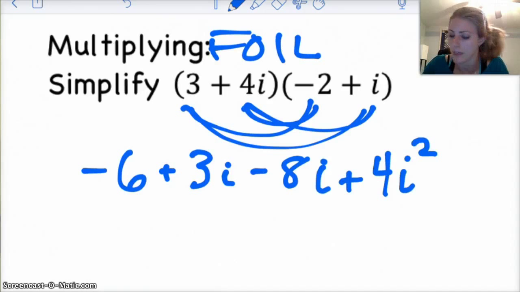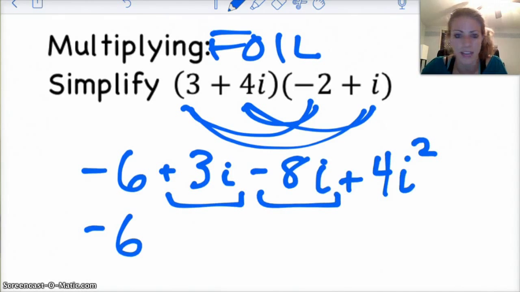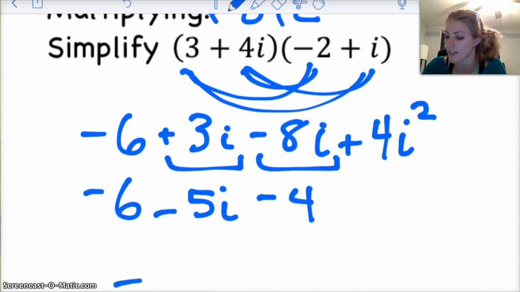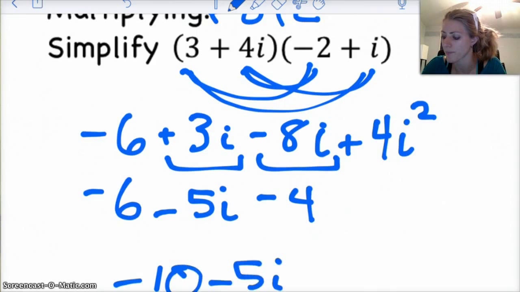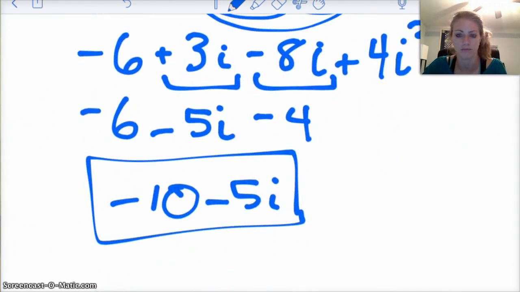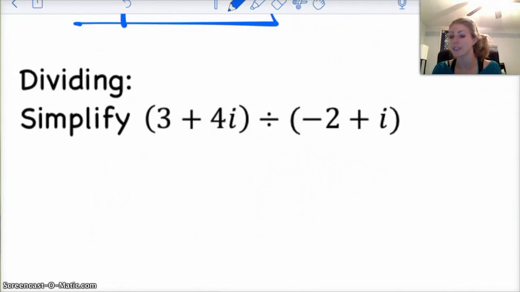So simplify that a bit. I've got negative 6, this 3i, and the minus 8i becomes negative 5i. 4i squared turns into 4 times negative 1, so that's minus 4. And then combine like terms again. So you've got negative 10 minus 5i. And that is your final answer for multiplying two complex numbers. It's not too bad. All right, dividing is the one that gets a little more complicated,